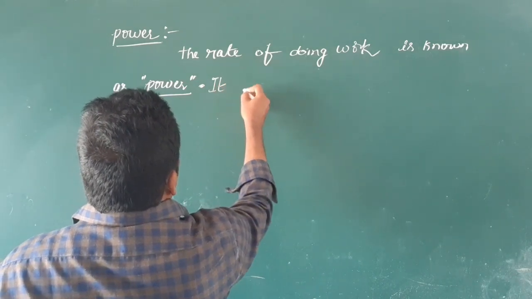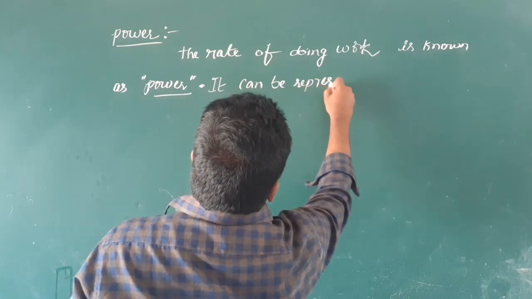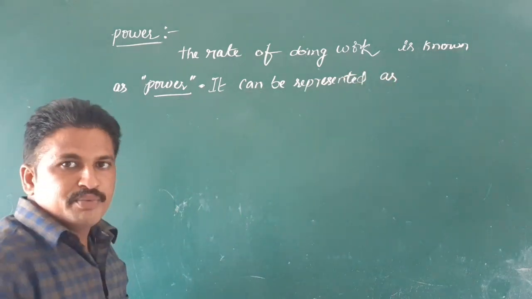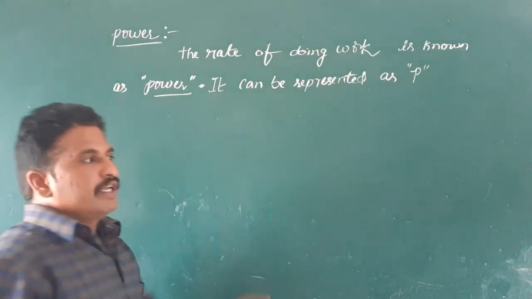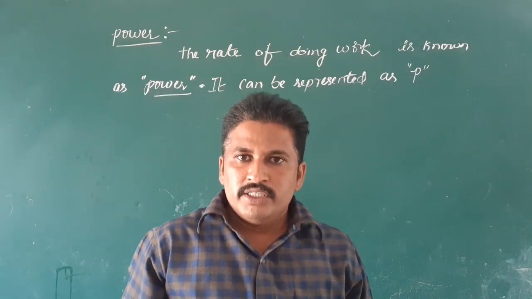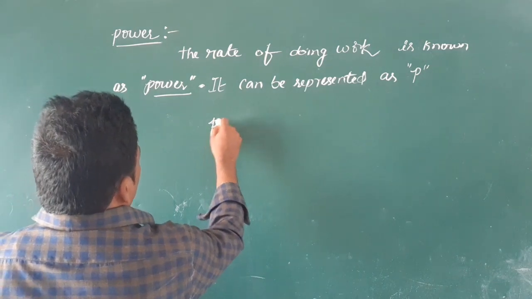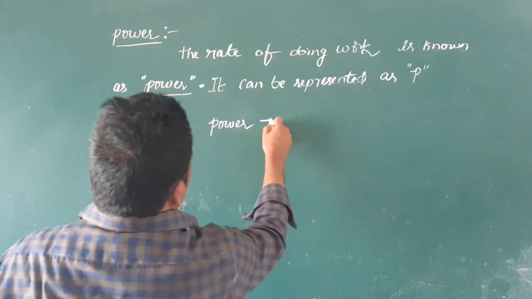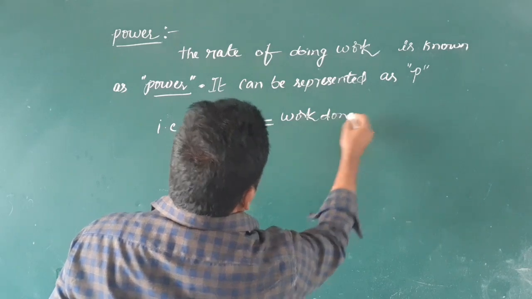it can be represented as P, letter P, students. The formula to find out the power can be written as, that is, power is equal to work done by